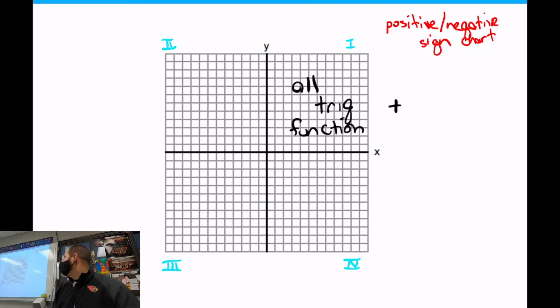Okay? So, for instance, if you pick 70 degrees and you pick any of the 6 trig functions, cosecant, secant, tangent, cotangent, whatever you pick, you're going to get a positive number in a calculator no matter what, as long as you're in degree mode. Now, that could be any angle from 0.1 degree all the way up to 89.9. All right? Now, when you get into the second quadrant,